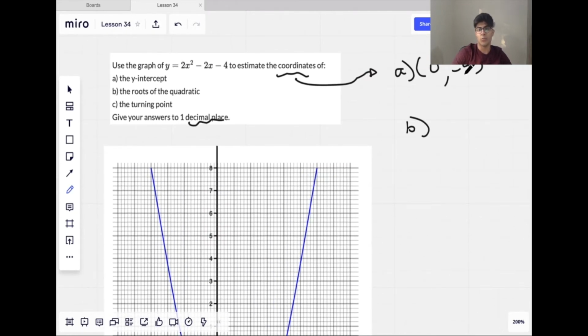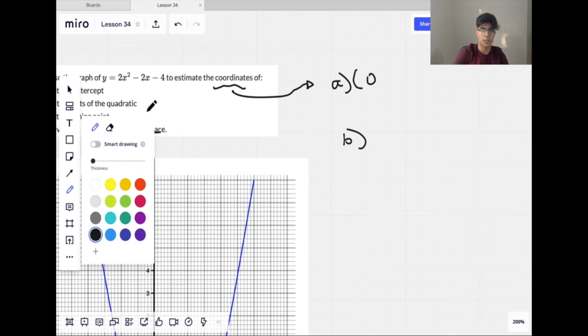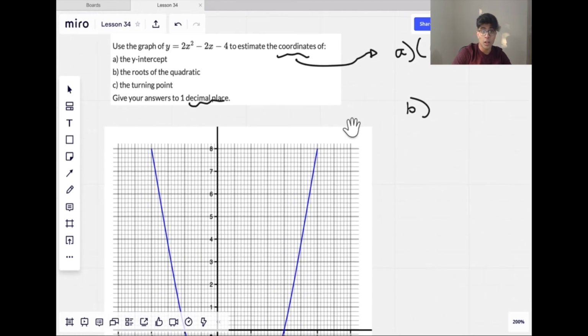While it's exactly minus 4, the question did ask for 1 decimal place. So you actually ought to write 0.0 and then minus 4.0, just because it does specify in the question. The roots of the quadratic,